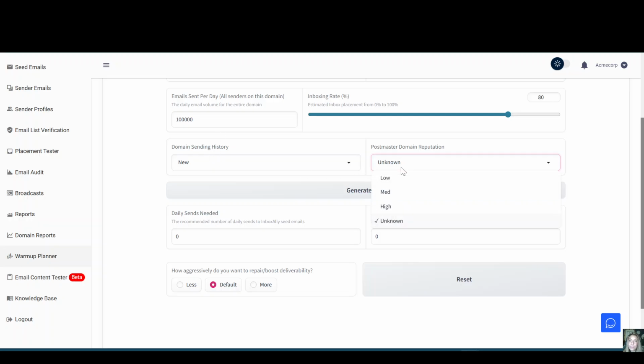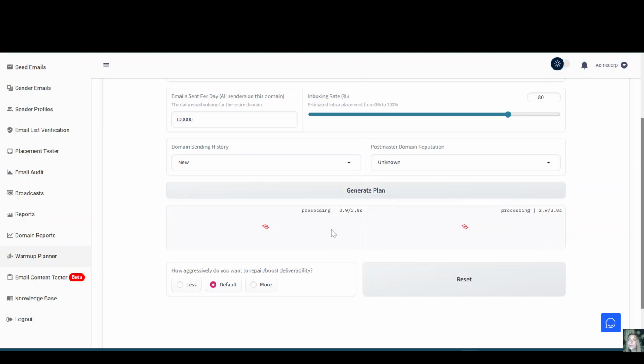If you don't know your postmaster domain reputation, so as mentioned, if you've been blacklisted before, you should know about that. If you don't know, you can leave it as unknown. Or if you are pretty sure that you've got a really good sender reputation, you could then mark that as high. However, you're more than welcome to leave it as unknown, and then ensure that you are selecting the generate